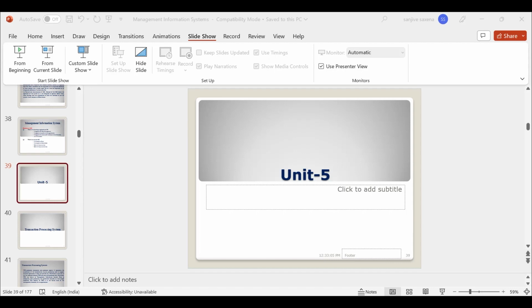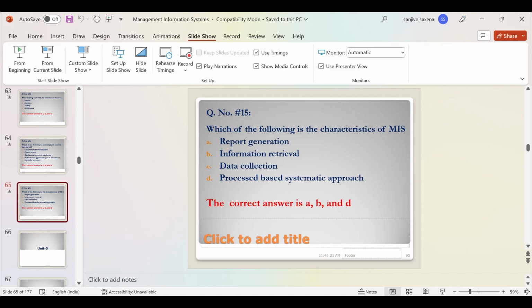Right? So clear? So we stop over here and then let us see any questions or doubts. If you have, you can always